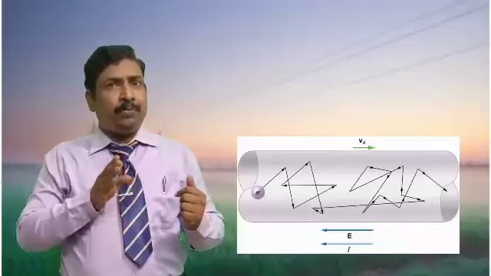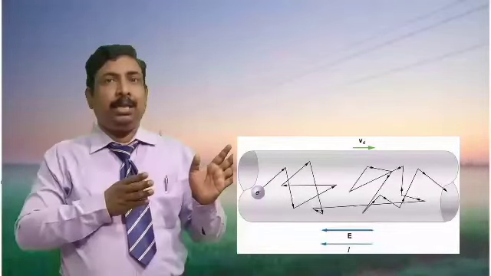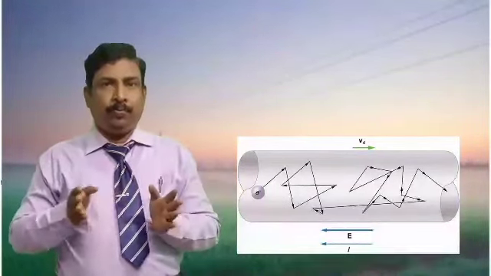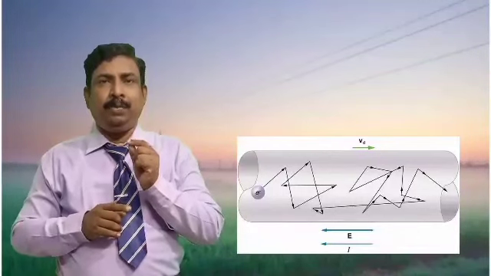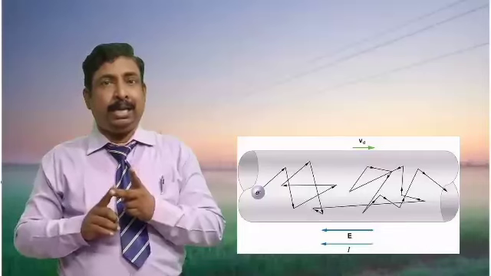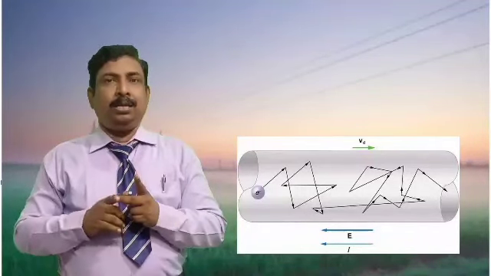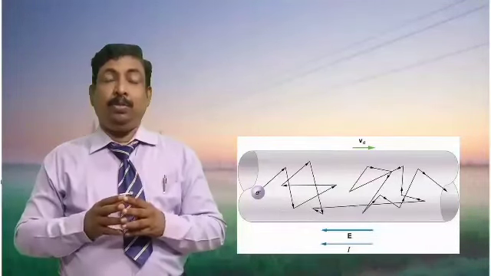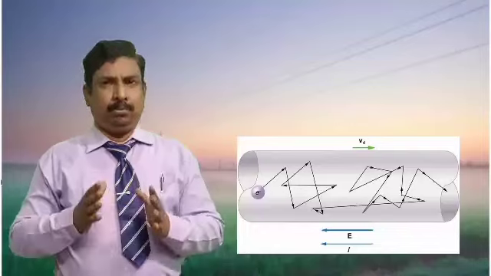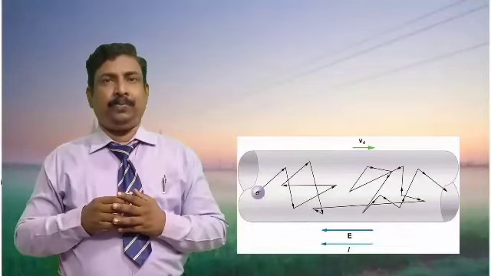That is happening because of moving electrons, but don't think that the electrons move like water flow. So drift speed of electron is how much? 1 millimeter per second. But electric current speed is how much? Almost equal to the velocity of light. So we should not think that electrons are moving like water. You may ask, sir, how is it happening? We will learn in higher classes.